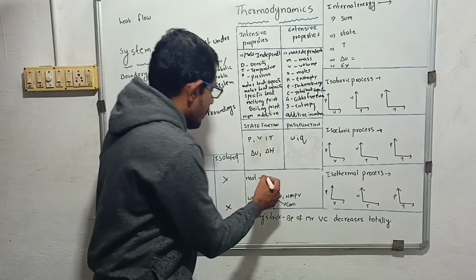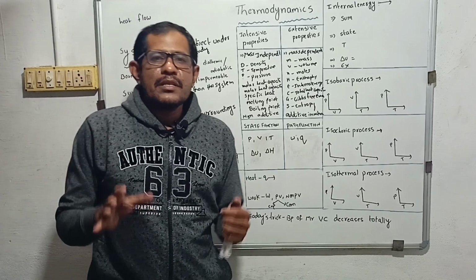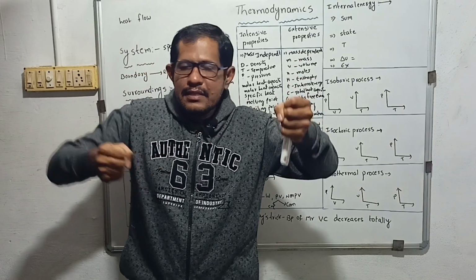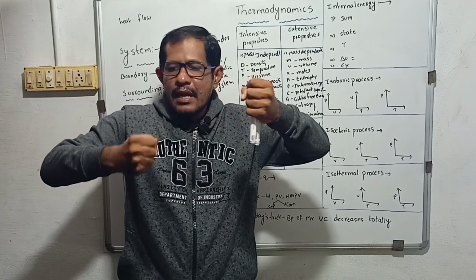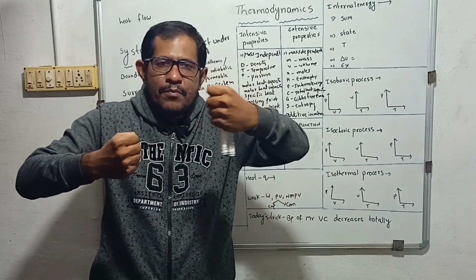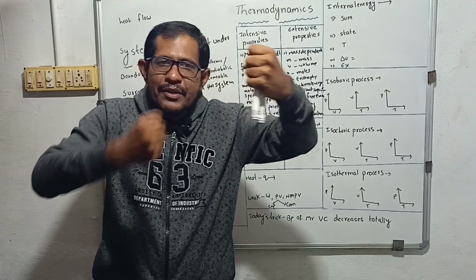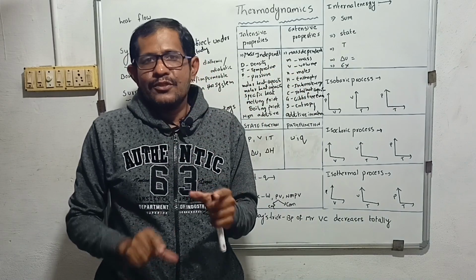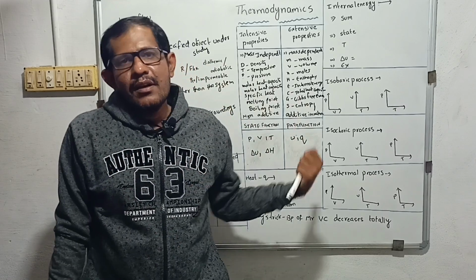Right? Now coming to the definitions, what is heat? It means the flow of energy due to temperature difference. I have two objects. One object is at 100 degrees centigrade, another object is at 80 degrees centigrade. So the heat flows from 100 to 80 due to the temperature difference. That's why from 100 to 80 the energy is passing. So the temperature difference is the heat factor. Energy is flowing. So the energy passing due to the temperature difference is called heat.